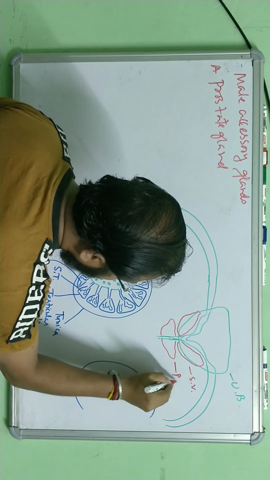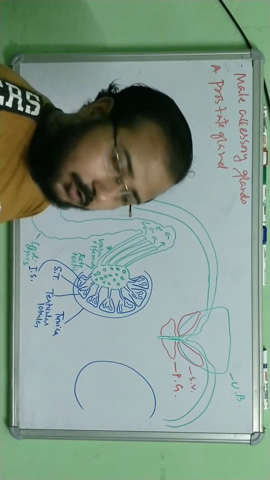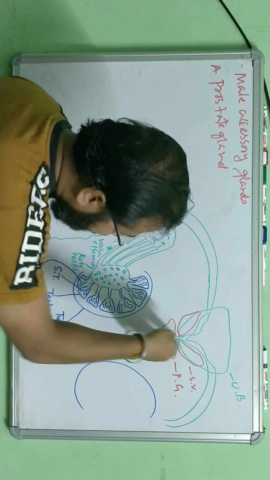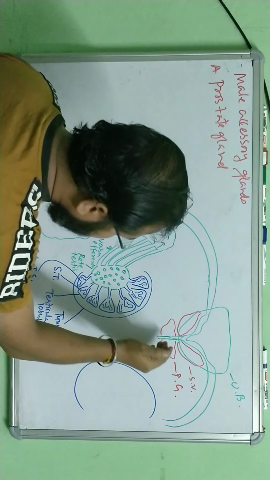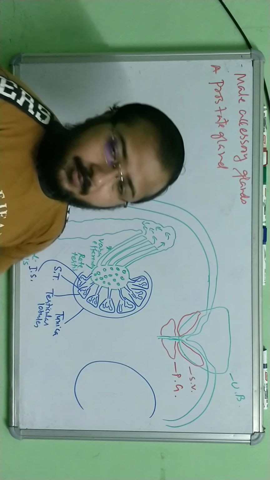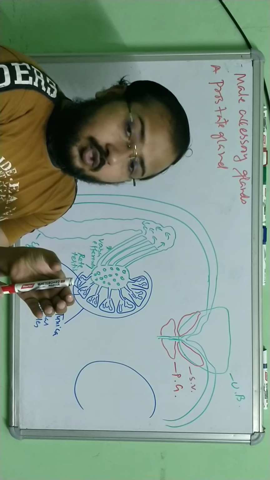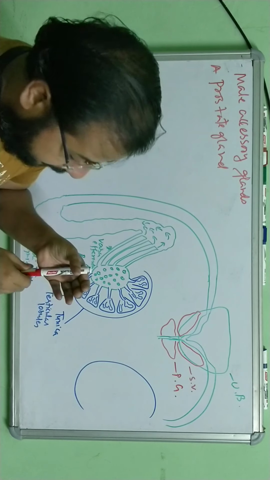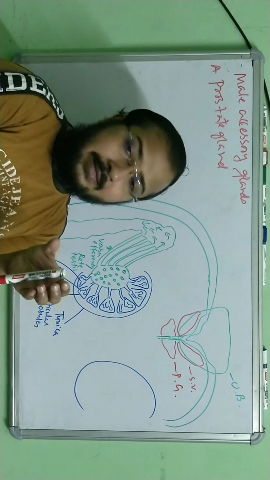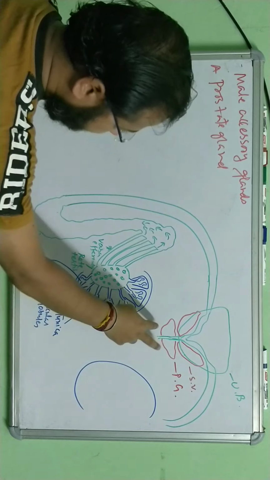This is the prostate gland here. See, it looks like two, but actually it is one. How? Just behind this is actually the starting of the urethra from here. Just behind this duct or the urethra is actually one single prostate gland. Suppose it's a duct and it forms like this. So if you look at it from the front side, you will see it appears two, but it is actually one single prostate gland. Okay. So this is one.